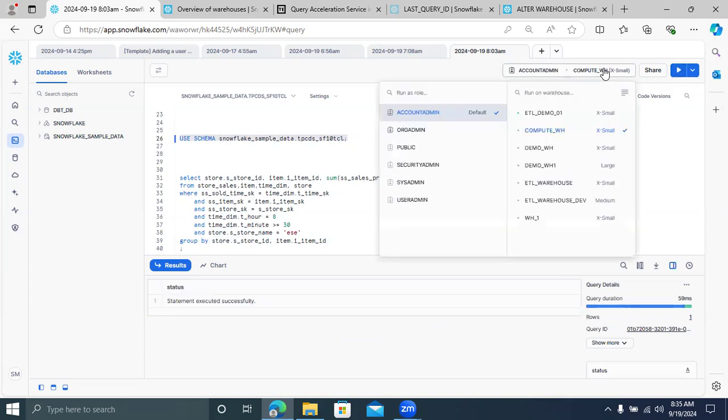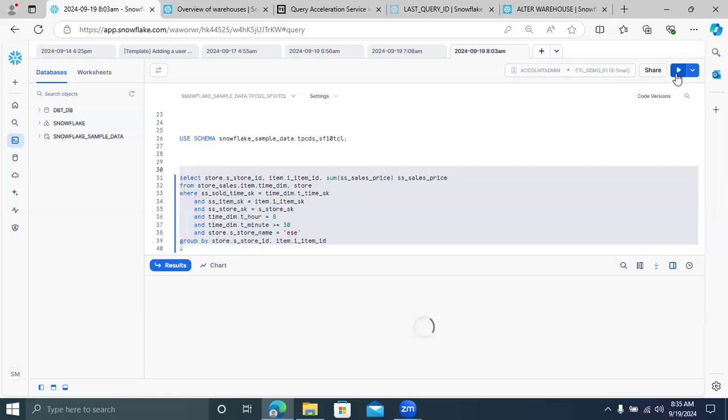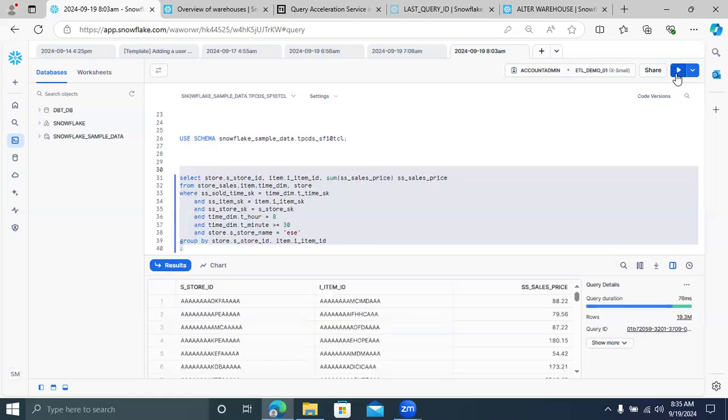What warehouse is it? ETL demo 01. Now fire this query in this warehouse. Let's see how much time it took. It's taking 76 milliseconds. I'm not sure, so let's see the data.